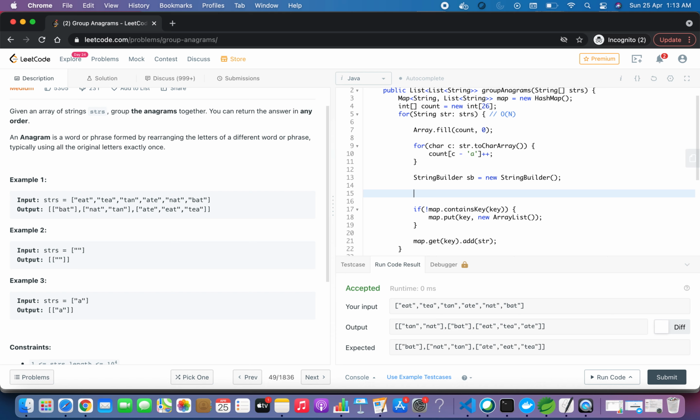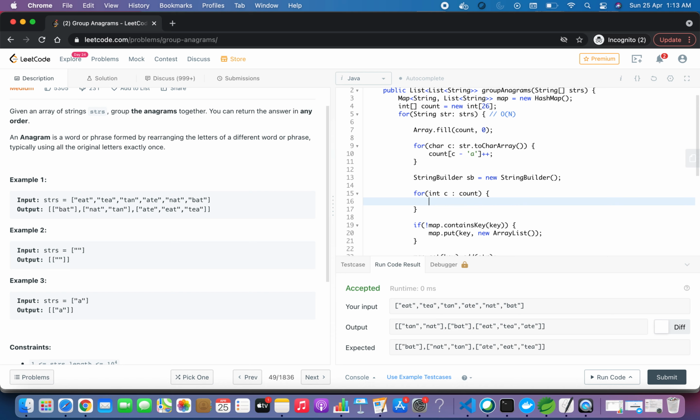Now let's take all the values in the count, call each one c, and append this to the string builder: append a hash, then append c.